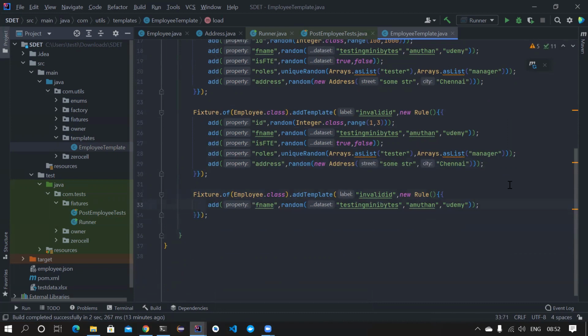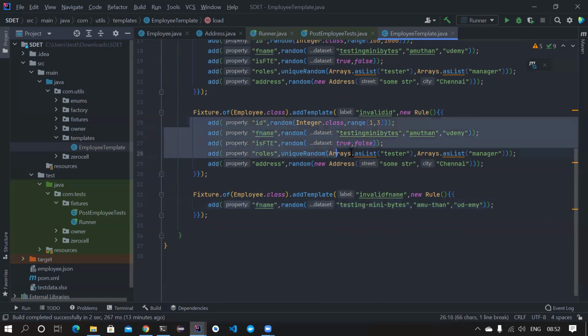I want to create it for an invalid first name. So maybe in this use case, invalid first name. We call the first name invalid, because let's assume that if it has some underscores or hyphen, we will call it invalid. So this is basically invalid. If it picks any of these values, the whole thing will become invalid. But we have only defined first name. Do we have to define all the things?